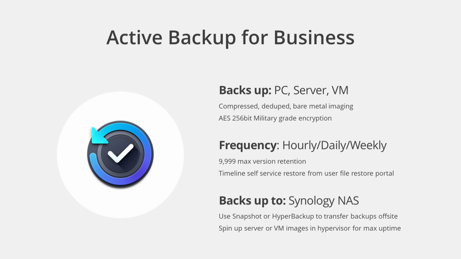One of the best features about Active Backup for Business is the multiple recovery options. You can do bare metal recovery, which helps you recover disk images, applications, settings, and data in the event of disasters. You also can do an instant restore, instantly booting up a backup image on VMware, Hyper-V, or Synology's own hypervisor, Virtual Machine Manager. This process takes less than a minute. And you have the self-service recovery portal, which allows you to give users permission to perform instant file and folder recovery of their own data without IT support.